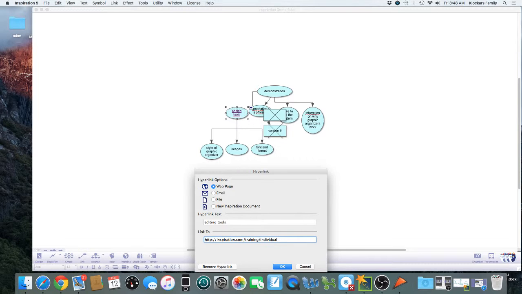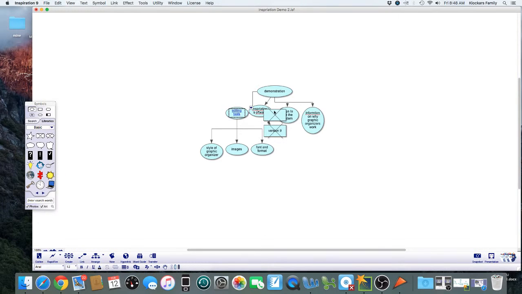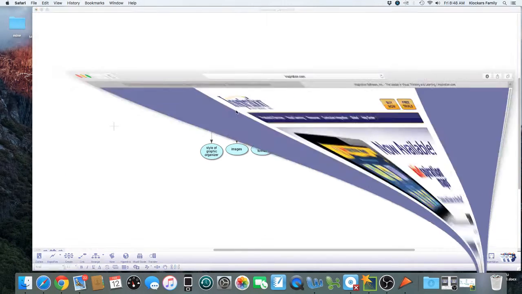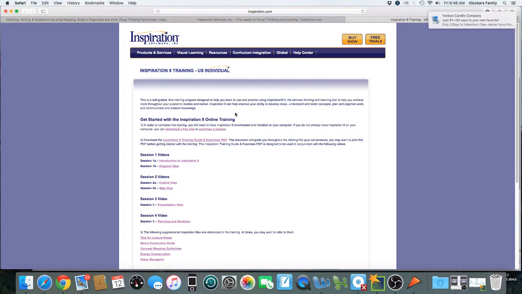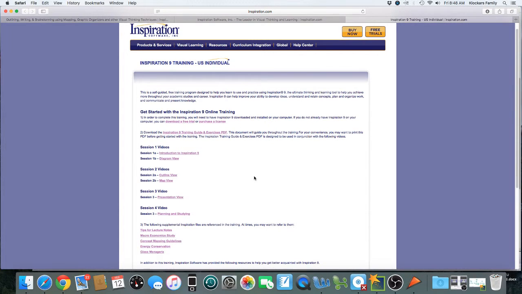And what that's going to do is bring you to Inspiration Software's full gallery of videos and PDFs on how to use their software. It'll immerse you in this graphic organizational software so you can hopefully enjoy it.